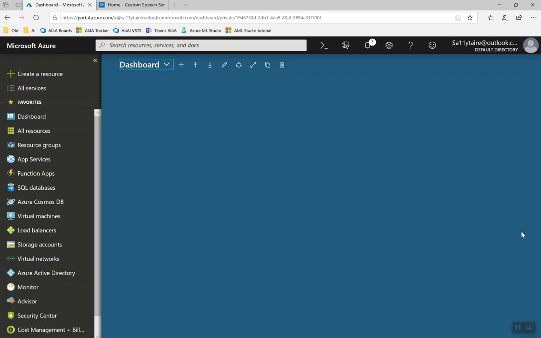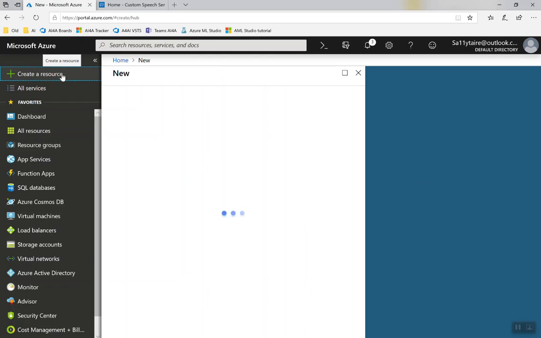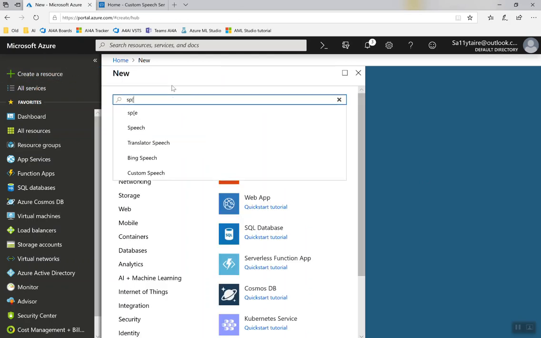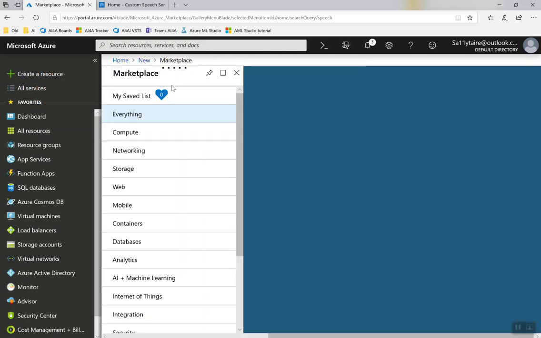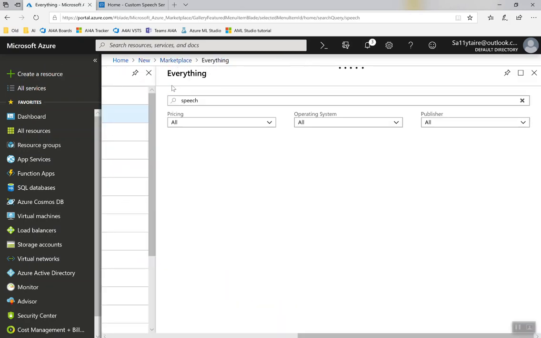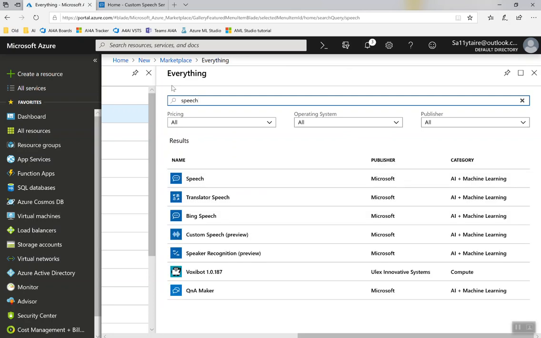So here we are at the Azure portal. I'm signed in with a particular account, and I'm at the dashboard, and I'm going to create a speech resource. So I'll go to create a resource, type speech in the search box, and when the long list of speech related services appear, I'm going to click speech, and that'll be the unified speech service that includes both speech to text and text to speech. So I'll click speech,